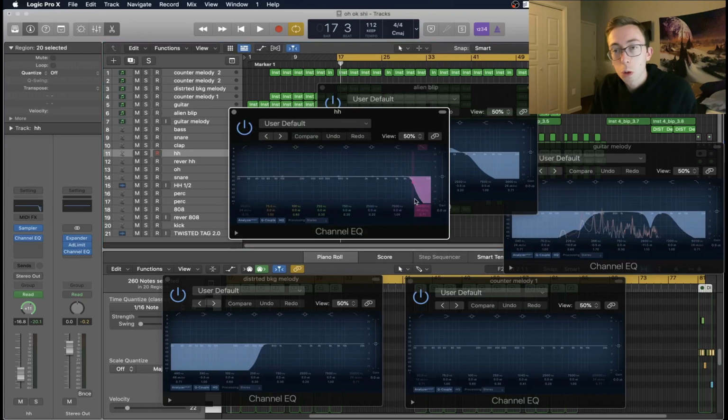I always cut out a little bit of the top part of my hi-hat, just to leave room for some of the other, more crispy sounds like the clap. But you can do the same exact thing with your drum sounds, just trying to get them spaced out nicely throughout the frequency range. So